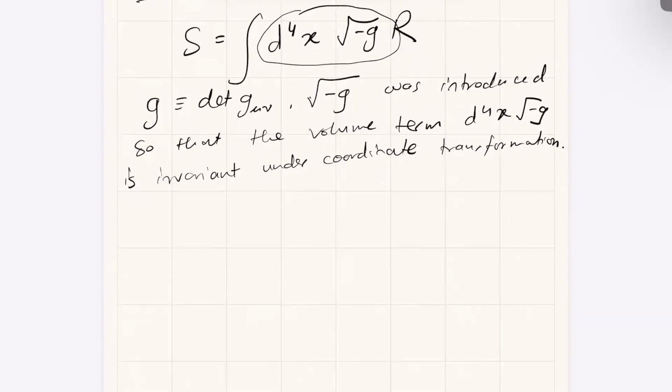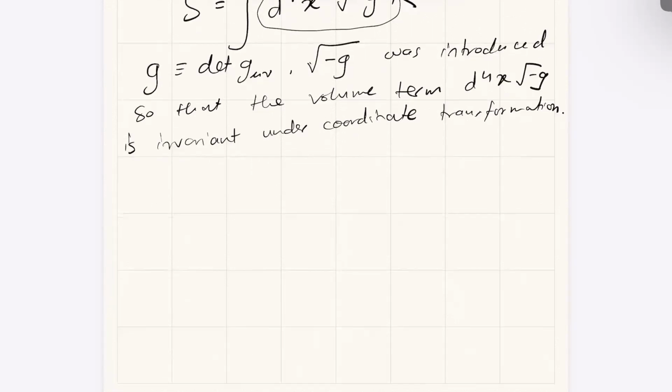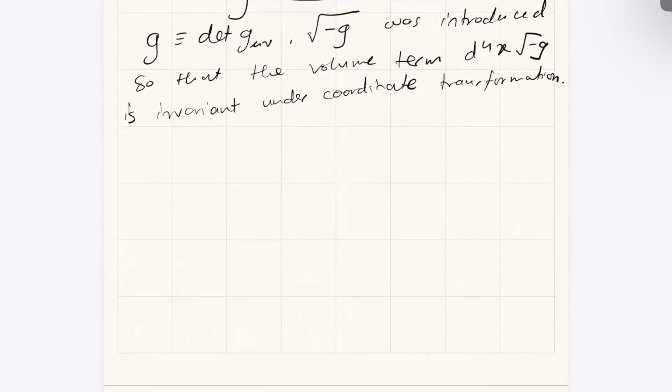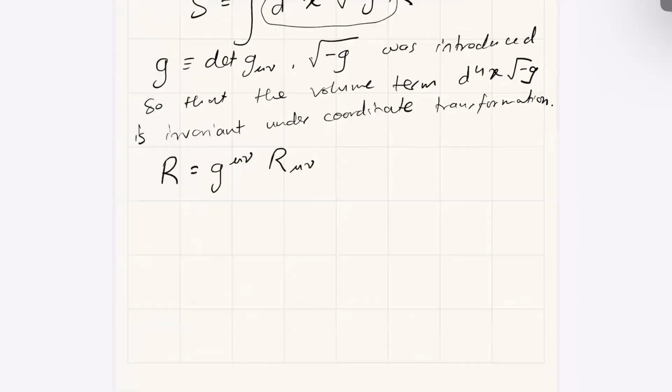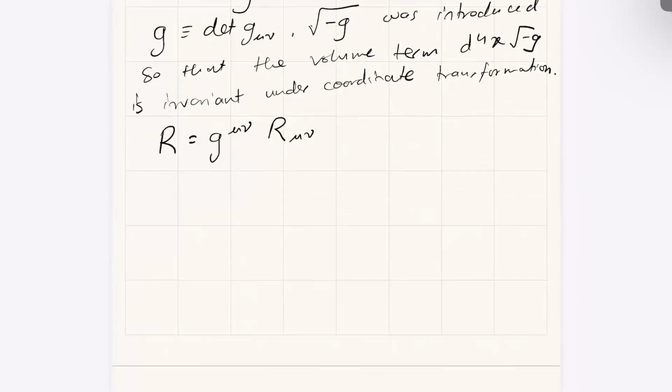Okay, so now I have the action done. The next work for us is to vary this, like we did for the equations of motion. So varying it with respect to the metric. And once we do that, we can write the Ricci scalar also as a component of the metric, because the way we found the Ricci scalar was by contracting the metric with the Ricci tensor, right? So I can write this as the contraction of the Ricci tensor, and now take the variation of this particular action with respect to the metric. So in that case, what I'm trying to do is find delta S,